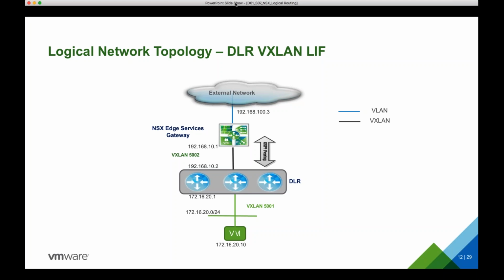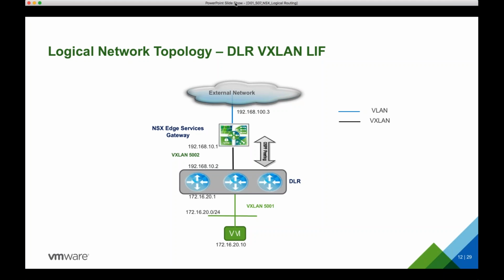Going upstream, we're using OSPF peering, and VXLAN 5002 is what we call a transit logical switch. This is basically a connection between the Edge Services Gateway and the DLR. You'll need the transit logical switch when setting up that adjacency, and those can have literally whatever IP range you want. In this case, it's